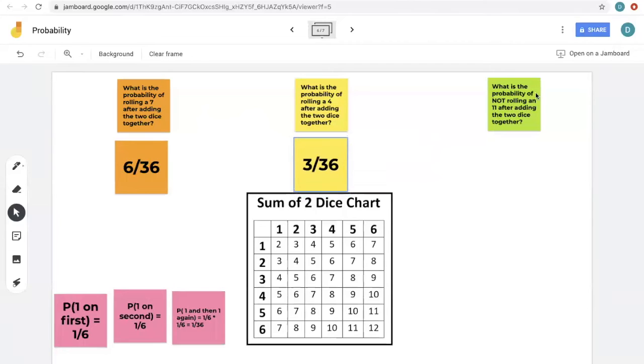And finally, what is the probability of not rolling an 11 after adding the 2 dice together? Well, this one, it might be easier just to see how many you have that would make 11. We have 1, 2 that make 11. And so we're going to take 36 and we'll subtract 2. And that'll get us everything that is not 11. So this ends up being